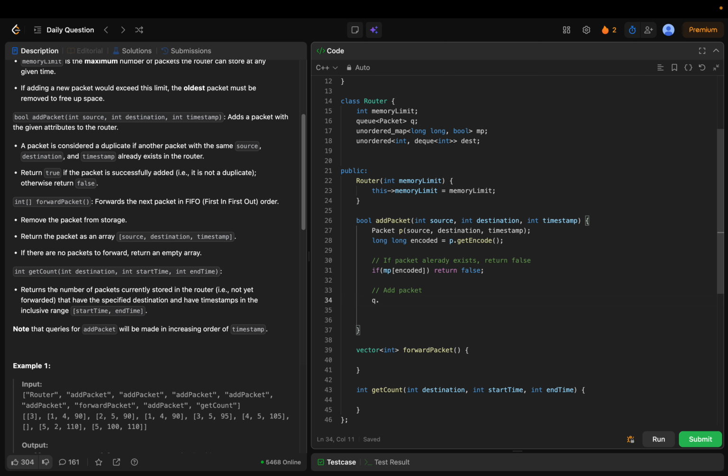So we just simply add the packet in the queue, right? We will add the encoded value in this hash map,